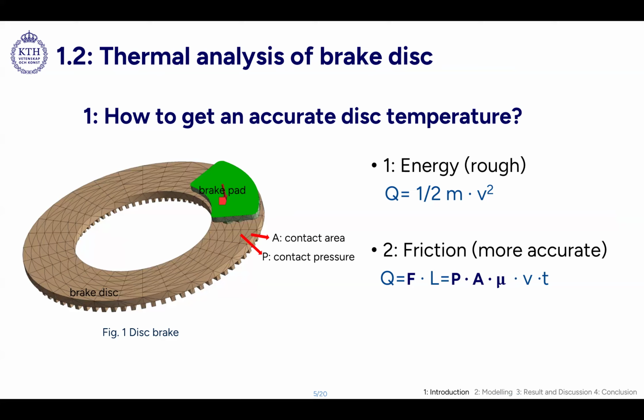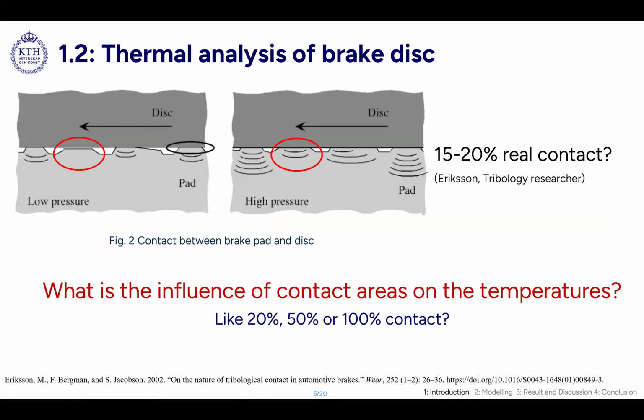There are mainly two methods. One is very rough, according to the energy transformation, like 95% of the kinetic energy being directly transferred to thermal energy. Another way is more detailed, calculating the contact pressure and contact area. In this part, most studies always assume a constant contact area. But from the point of view of tribology, the disc and the brake pad seem to contact each other,